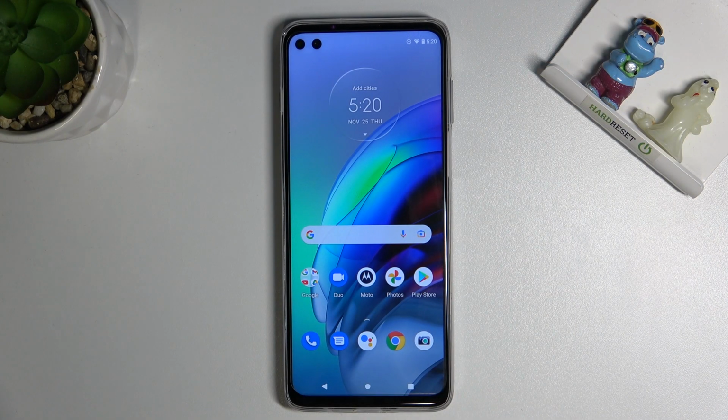Welcome, here I've got Motorola Moto G100 and let me show you how to change speed of slow motion video